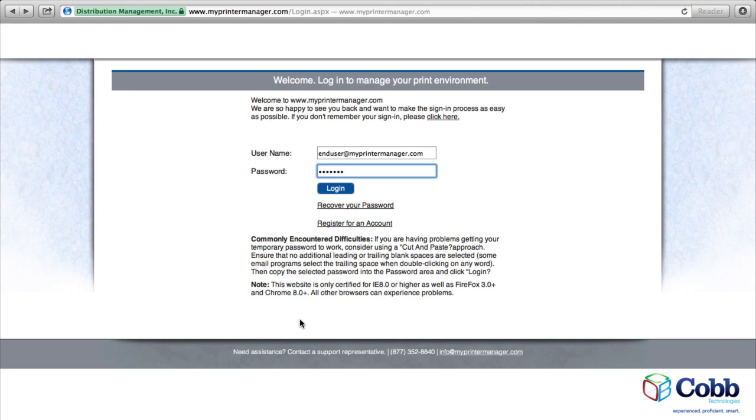When you visit myprintermanager.com, the first thing you need to do is log in. Your username is your email address, and your password comes in an automatic email. If for some reason you've forgotten your password, click the Recover Your Password link to get a new password sent